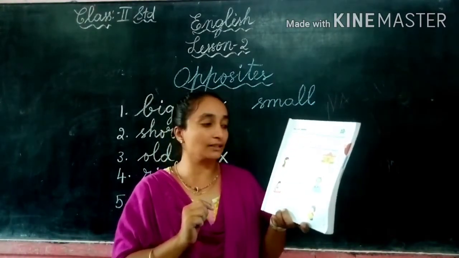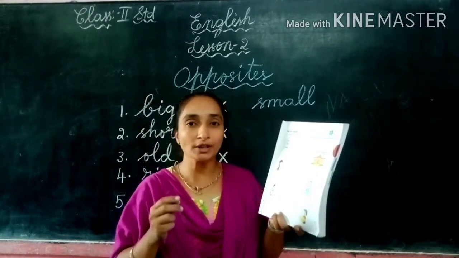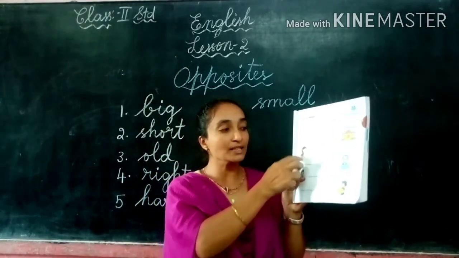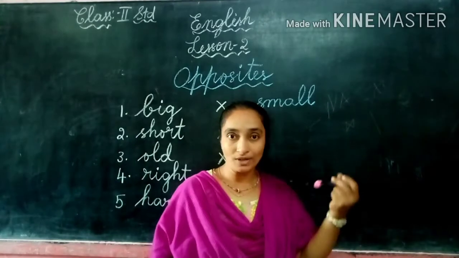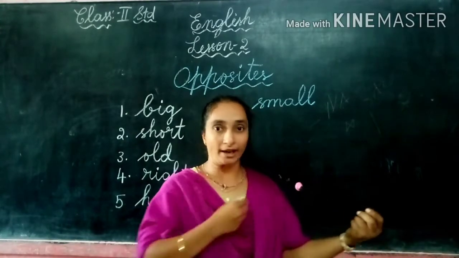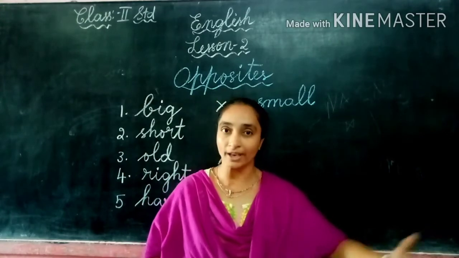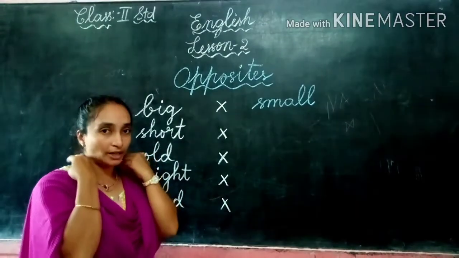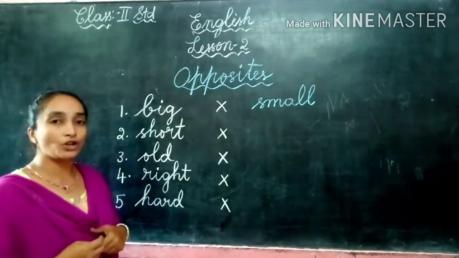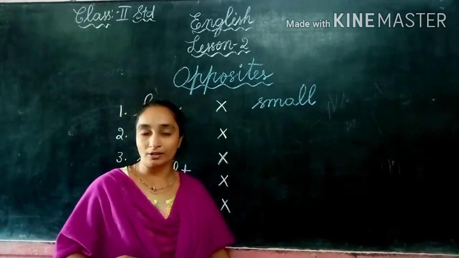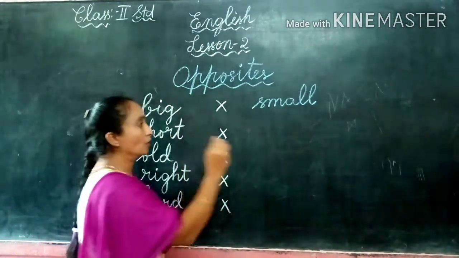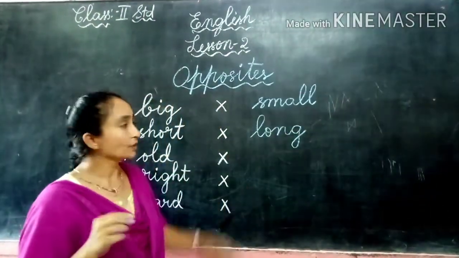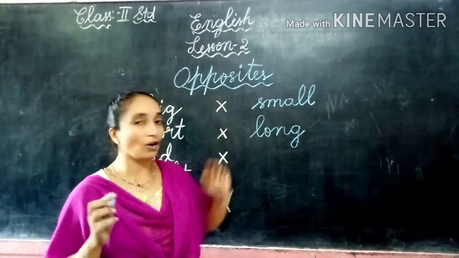Let us read the second sentence. Alia does not have short hair. She has... So children, here we can see the girl, she is showing her hair. How is her hair? Yes, it is long hair. So Alia has long hair. So what is the opposite of short? Short means small hair. Short opposite is long. Long hair. L-O-N-G. Long. So here we have completed short, long.